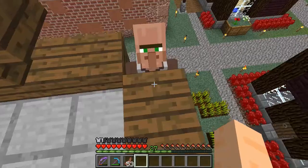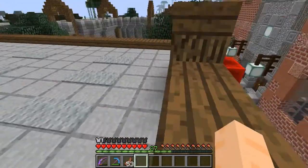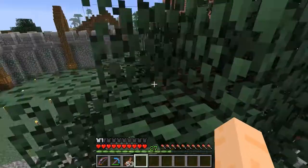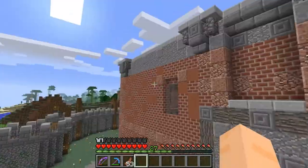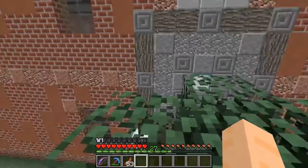What are you? I don't know how these guys get up here, but that's the second time I found a guy up here. Yeah. Just tree hop to get a little bit of a better look at it. So yeah,